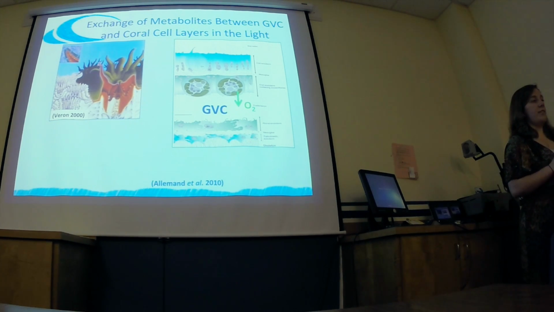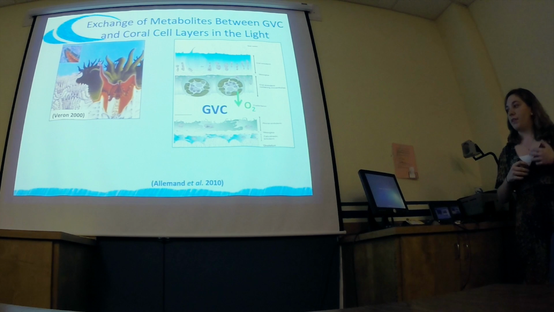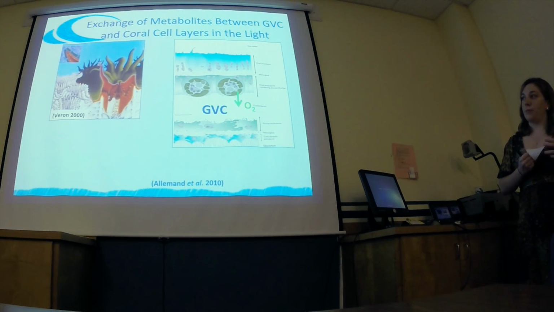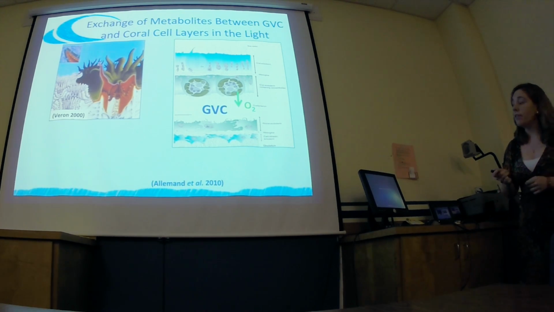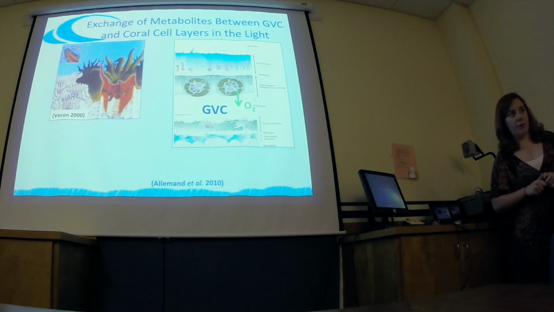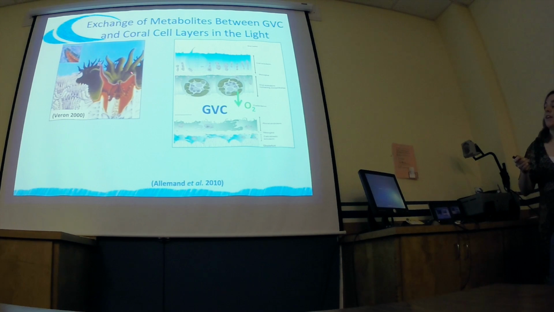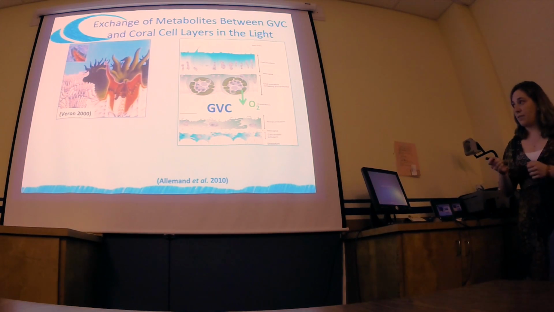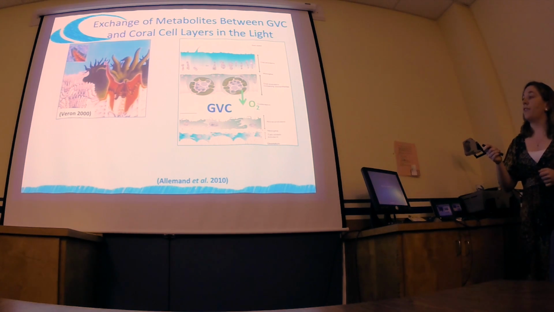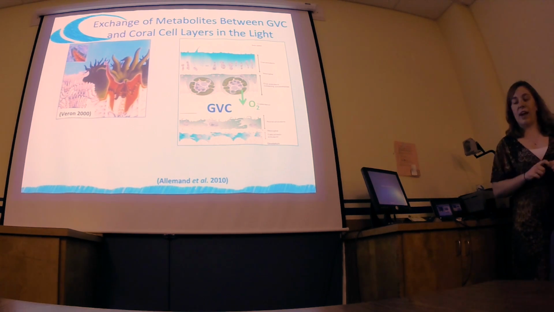So the skeleton is not in contact with the external seawater. First up here we have the oral ectoderm and endoderm. The green is the oral ectoderm, and it caves in at the mouth, and it forms this cavity, which is the gastrovascular cavity. Also seen right here. Here again we have the oral ectoderm, oral endoderm, and then the gastrovascular cavity.